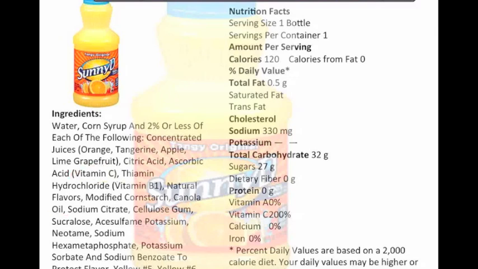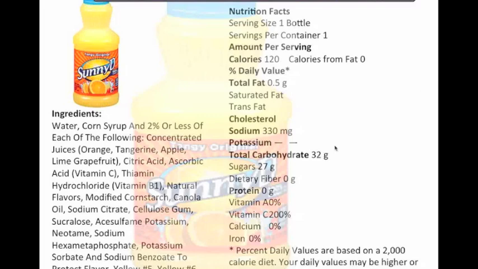So moving down, you can see that they've added canola oil as well, which really is not necessary. I don't know why you would need that in your drink. And then a bunch of words that you can't pronounce, like acesulfame potassium, neotame, those kind of things. And then finally, yellow 5 and yellow 6. These are food colorings that have been added in, artificial colorings, which again are not necessary. So obviously this is a poor choice for orange juice, and now we're going to show you a selection that